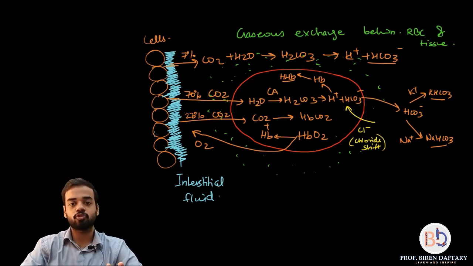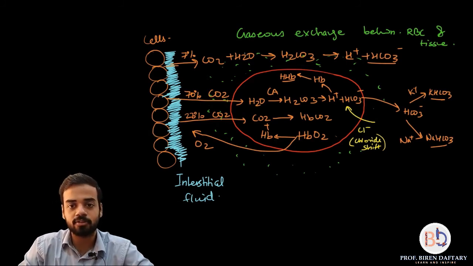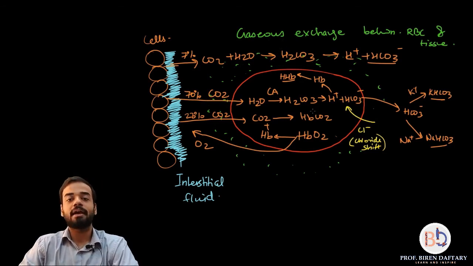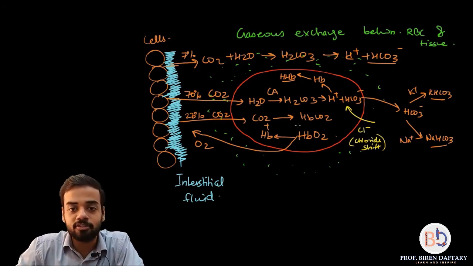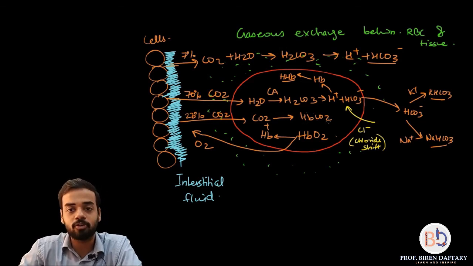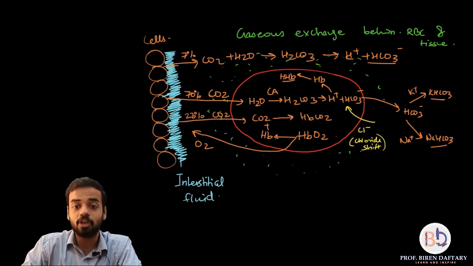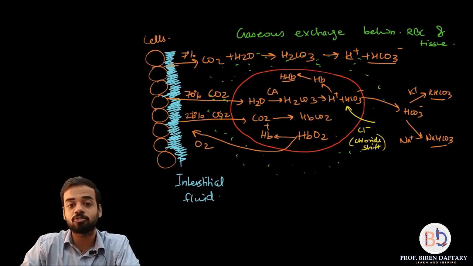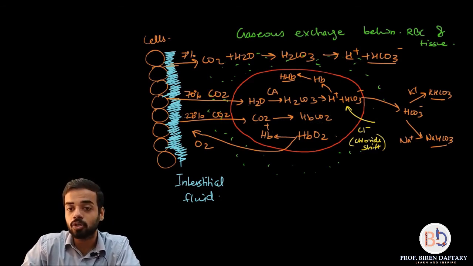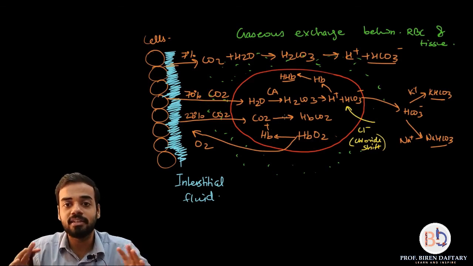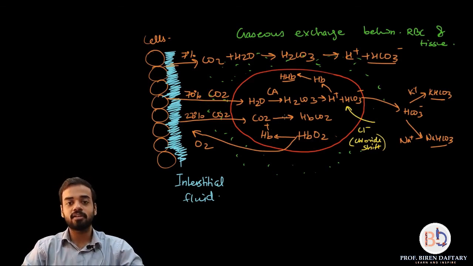All the methods I have shown: plasma transfer I have shown carbon dioxide, bicarbonate I have shown, chloride shift I have shown, and I have also shown attachment of Hb, which is carbaminohemoglobin. I have also shown how oxyhemoglobin dissociates. Why does oxyhemoglobin dissociate? Because partial pressure of carbon dioxide is more, so it breaks the bond. Oxygen goes to the cells, carbon dioxide reacts. Is this diagram clear?